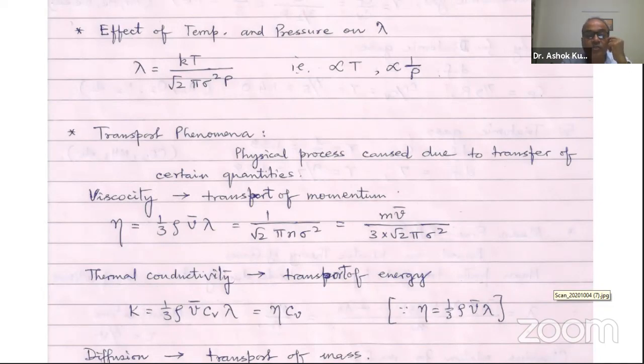When they are in motion, there is kinetic energy. So when they collide, there is transfer of kinetic energy also. The kinetic energy is in the form of temperature, that is heat energy. So we can say that energy is also transferred, momentum is also transferred. And in this process, the molecules themselves are also transferred from one place to another place. Depending on these three situations, we have three